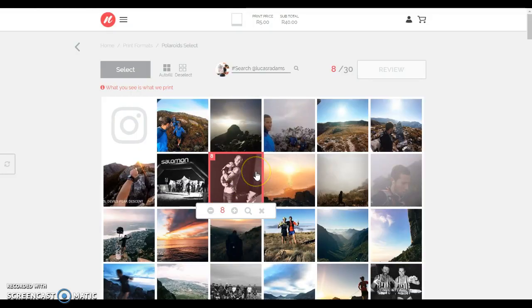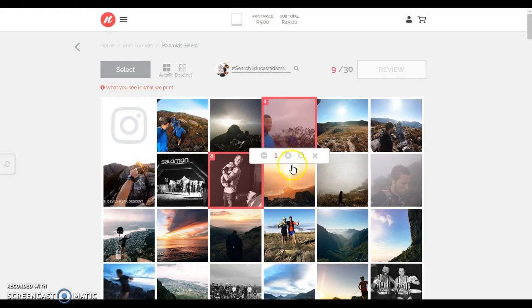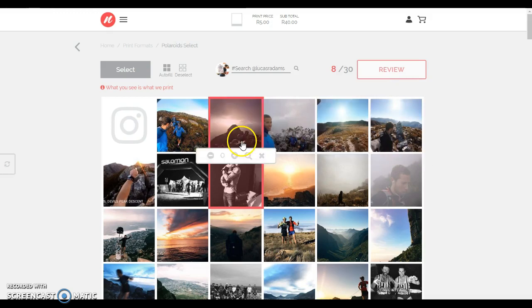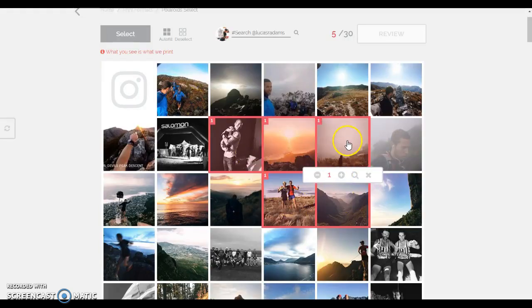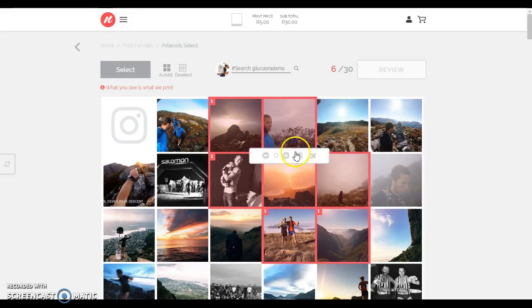So we need you, with all our formats, to select a minimum in order to add them to your cart, because that's just the way we work in order to make it viable to actually print out your images and send them. If you do want a lot of images and you don't want to click through, you can actually type in an amount and hover over, and you'll see it automatically selects a big amount. In order to deselect that, you can either type in 0, or you can even just hit the X button like I'm going to do over there. There we go. So you can click away and randomly, or actually select as many images as you like.